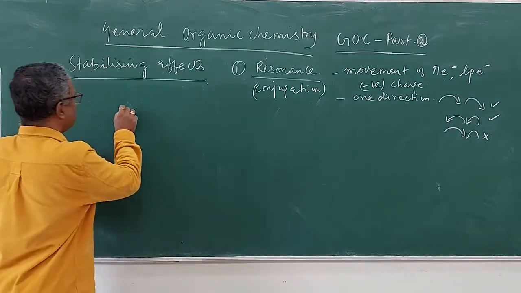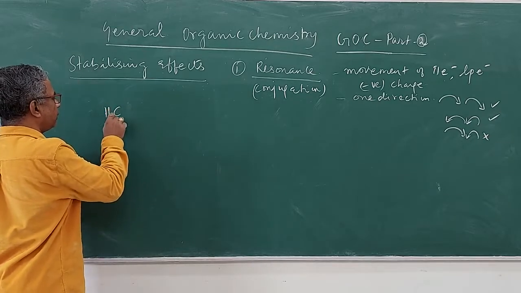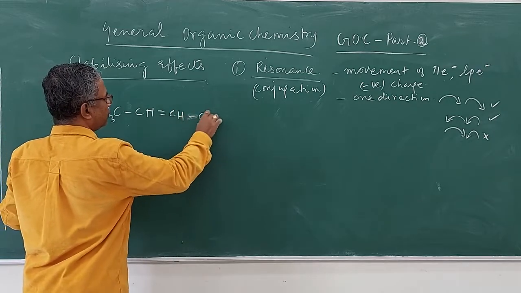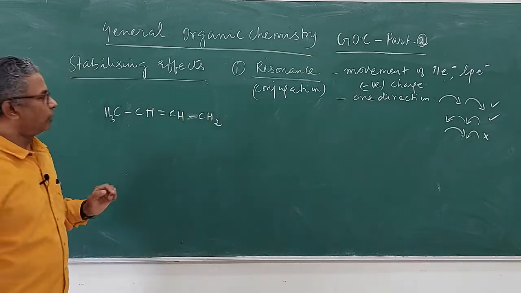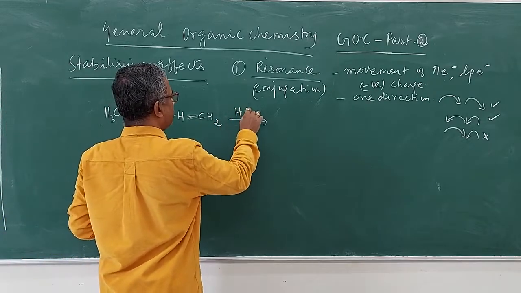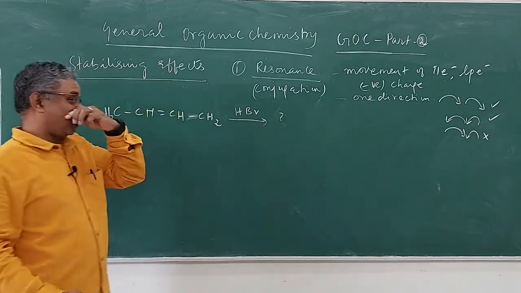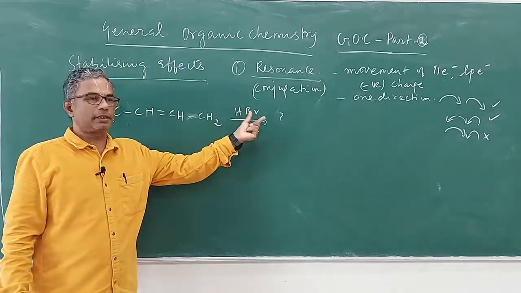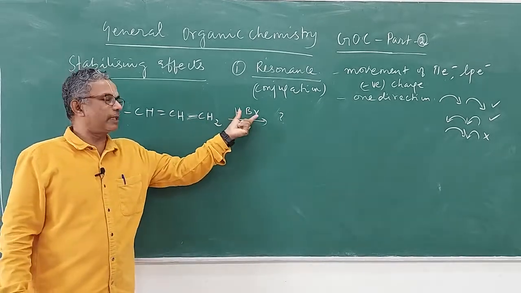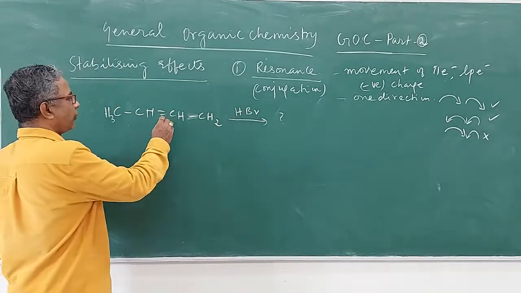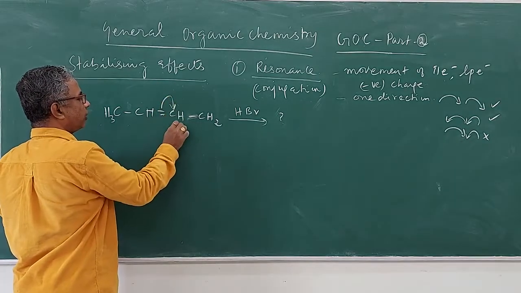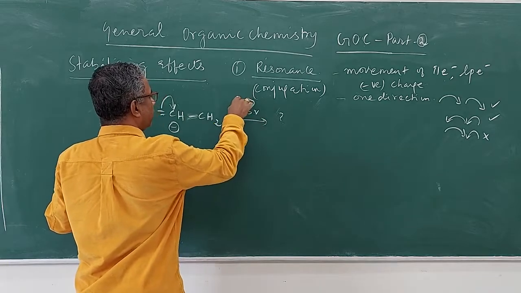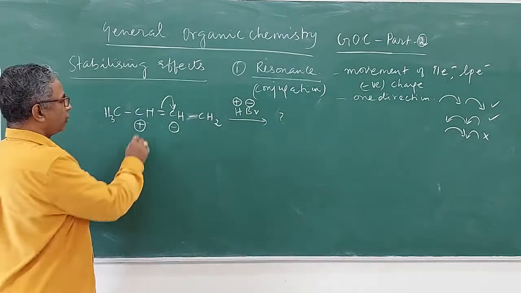So if you take for example butene, CH double bond CH single bond CH2. Now if this is treated with HBr, what is the product? So now, as I told you in the organic schema, this is the reactant and this is the reagent. You have to create plus minus here, you have to create plus minus here, and then you have to stabilize this. So how do you create plus minus? One way is you can shift it here, you will get a minus here, you get a plus here. In HBr, bromine is more electronegative, hydrogen is electropositive. Therefore, you have one way of doing this.